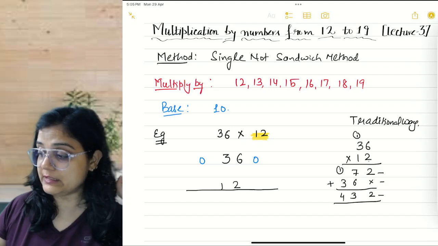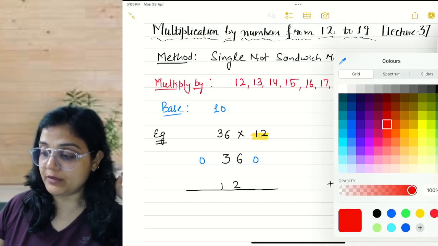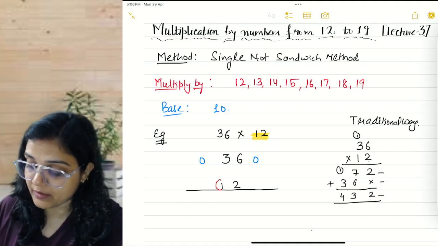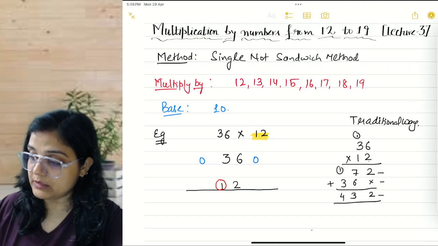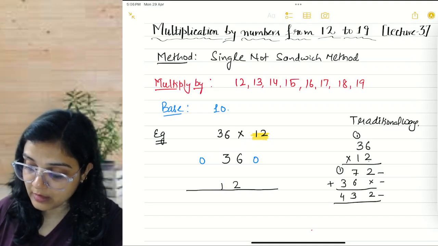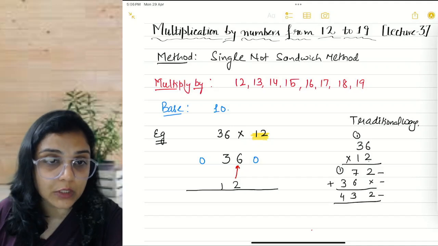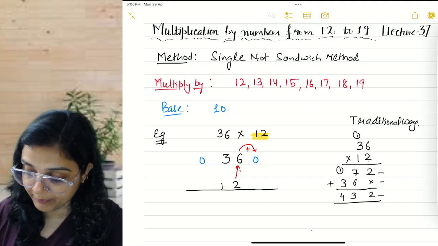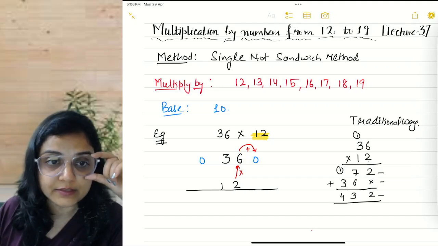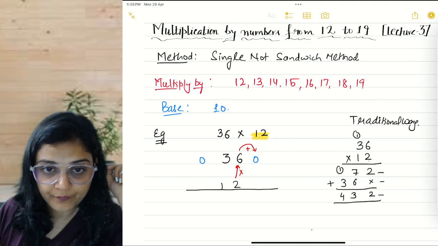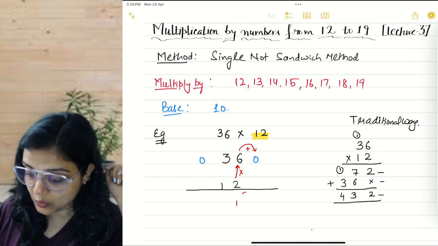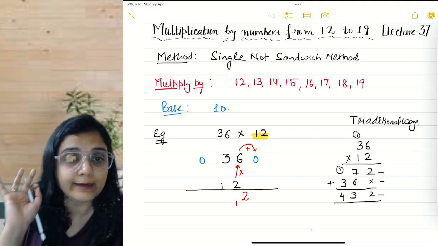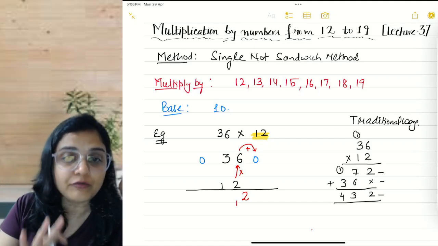But in Vedic maths, let's see the magic. See what we are going to do after this. I'll not use this one anywhere. Just look at 2. I'll multiply this 2 with 6, the unit place, and then I'll add the previous number. 6 twos are 12 plus 0 is 12. And now you know in Vedic mathematics we write 12 as 1 in the lower foot and then the 2. So this is my first step.